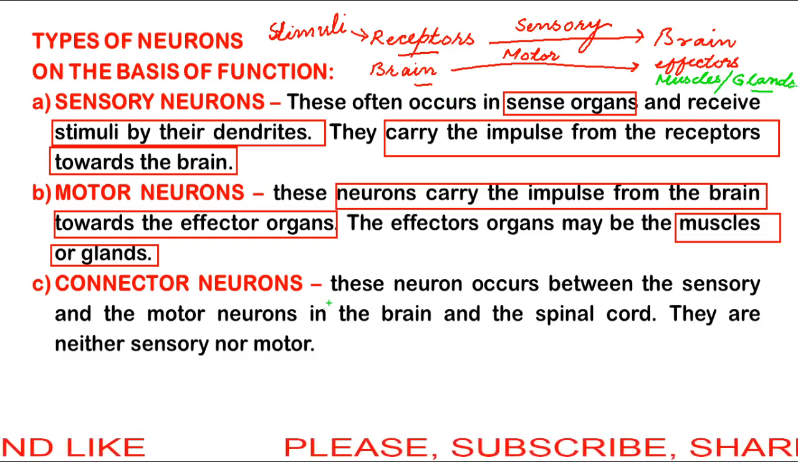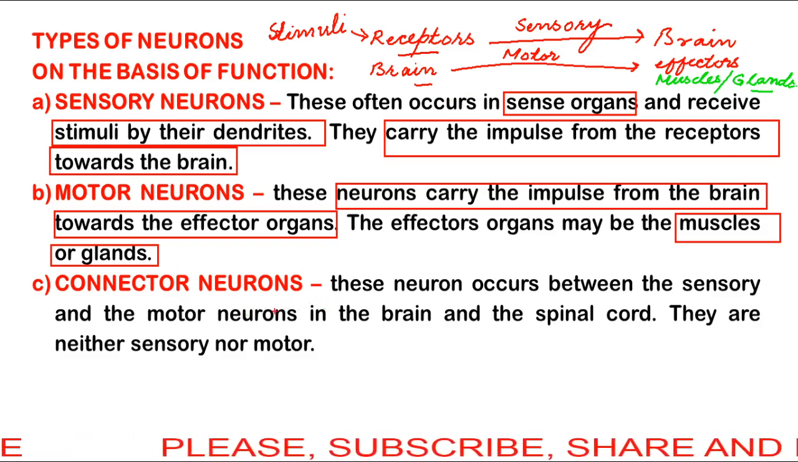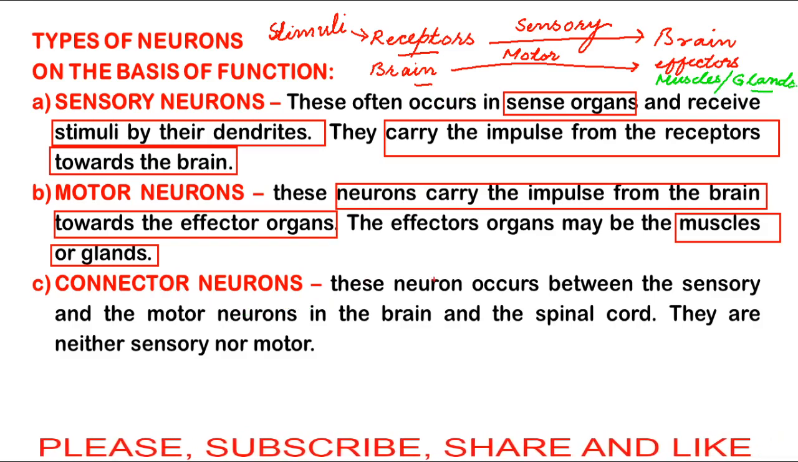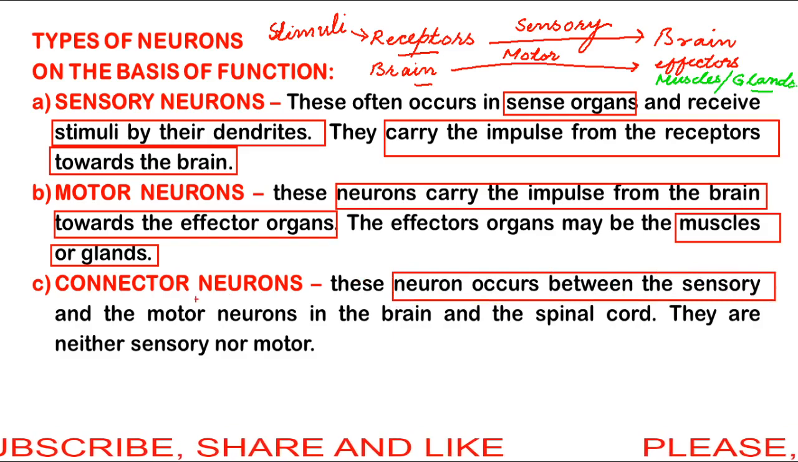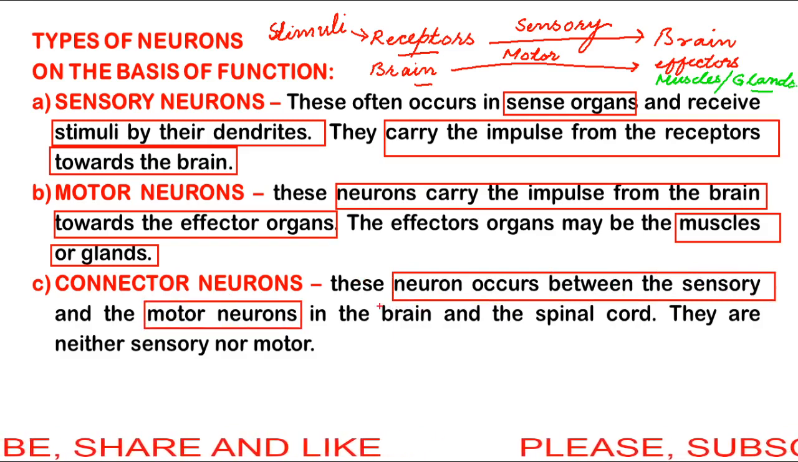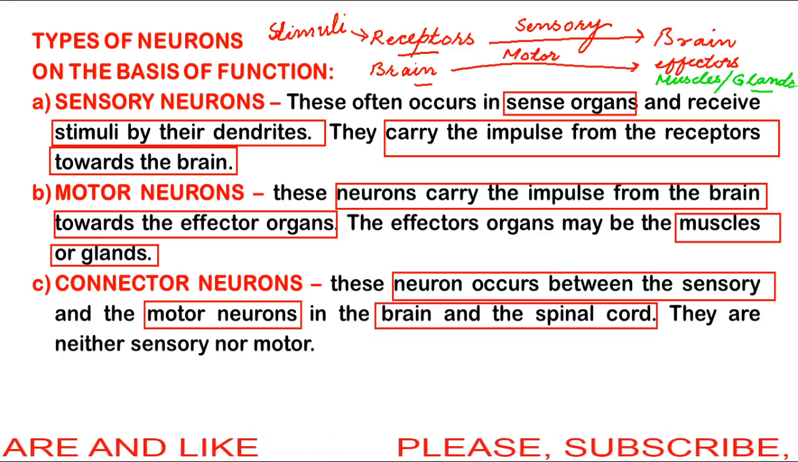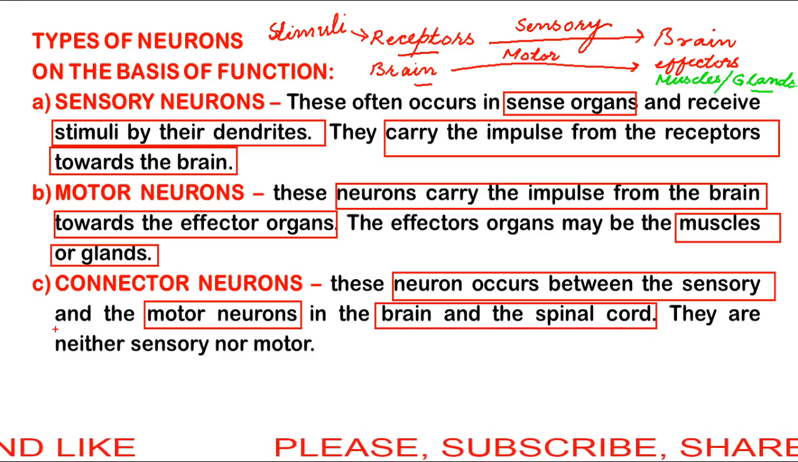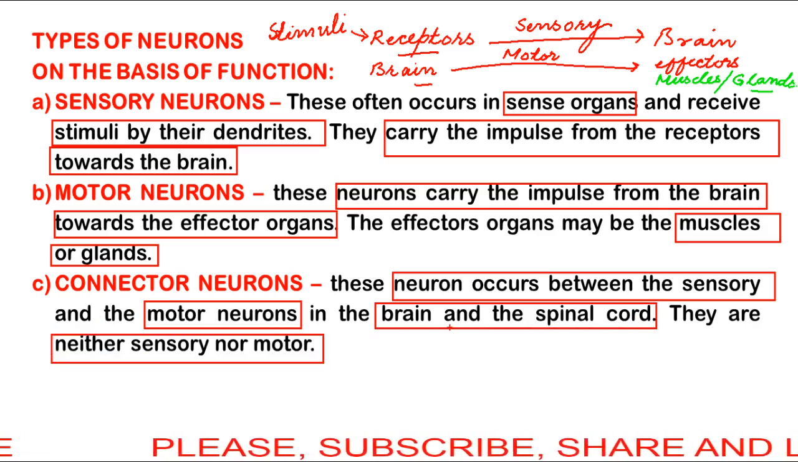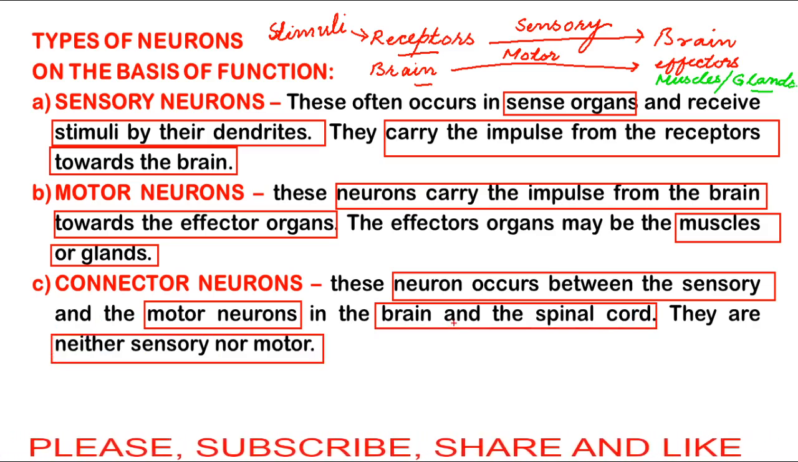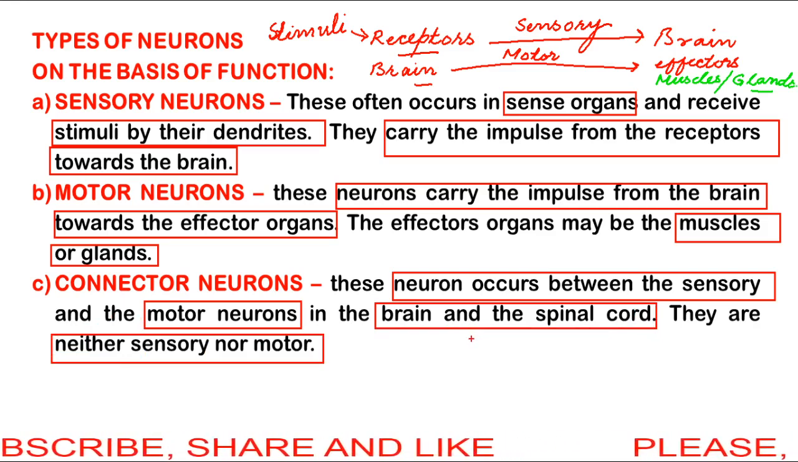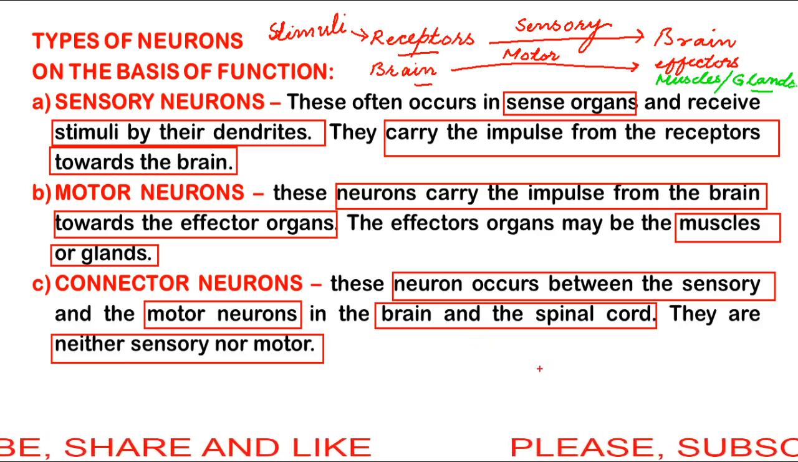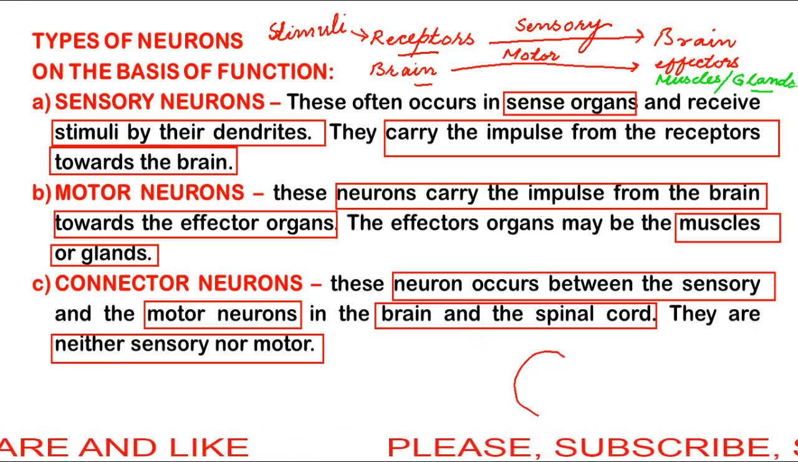Third one is connector neurons. These neurons occur between the sensory and motor neurons in the brain and spinal cord. They are neither sensory nor motor. So these are also known as mixed nerves. They function both as sensory and motor. Actually, these are the connectors. They connect the nerves. For example, in a spinal cord,